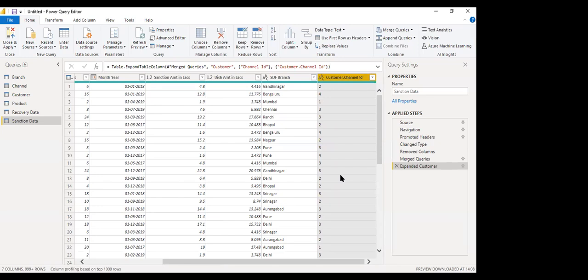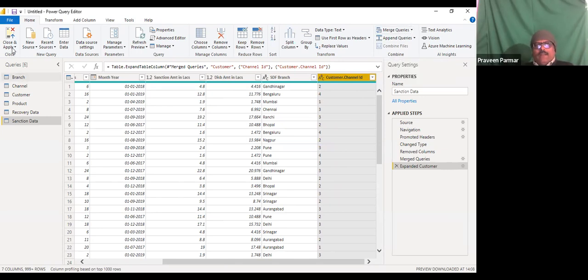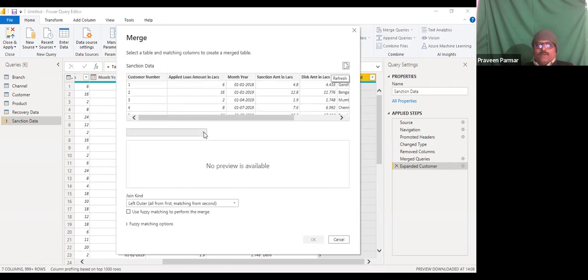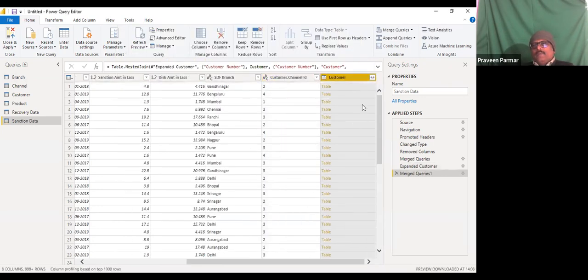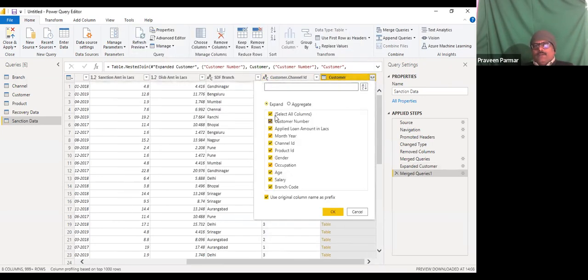Again, I will apply at the end. I will just make another query from here. I don't have to go back again and again now because we have done lots of practice already. Just choose. Then from here, I will deselect product ID.